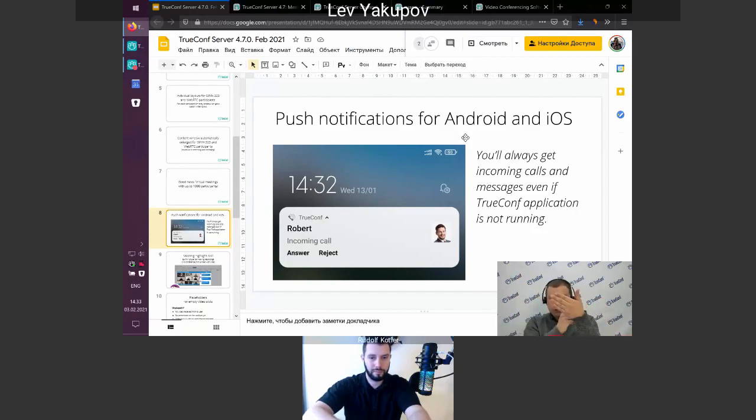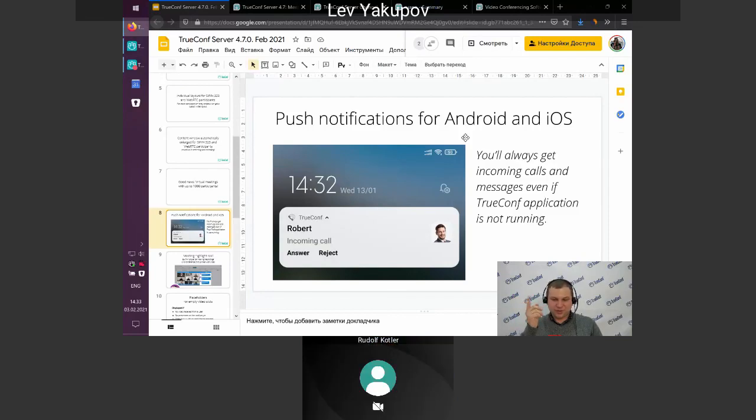It will be possible to slide, to scroll video windows of participants, because we are not able to display them all simultaneously. It is a limitation of mobile CPUs, so we can slide to see other participants who are not presented on the screen. Those updates are going to be released during the first quarter and maybe second quarter of this year.